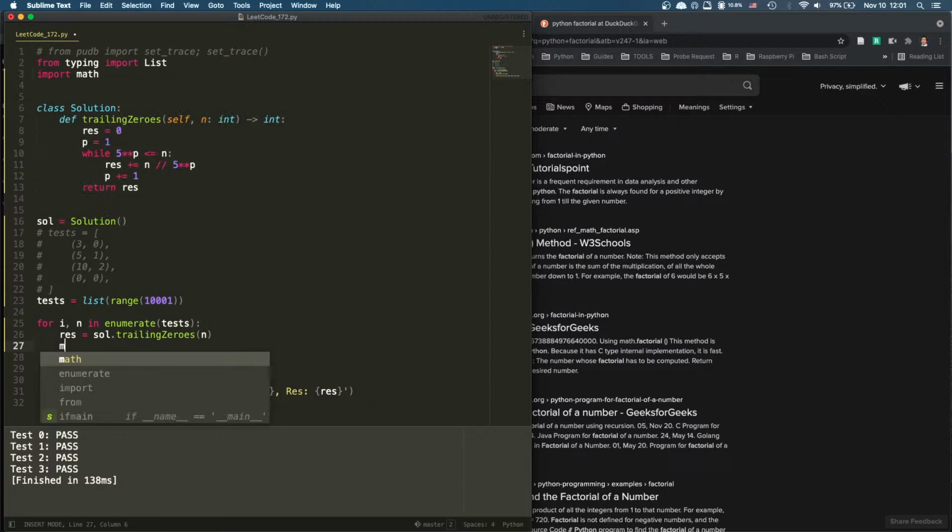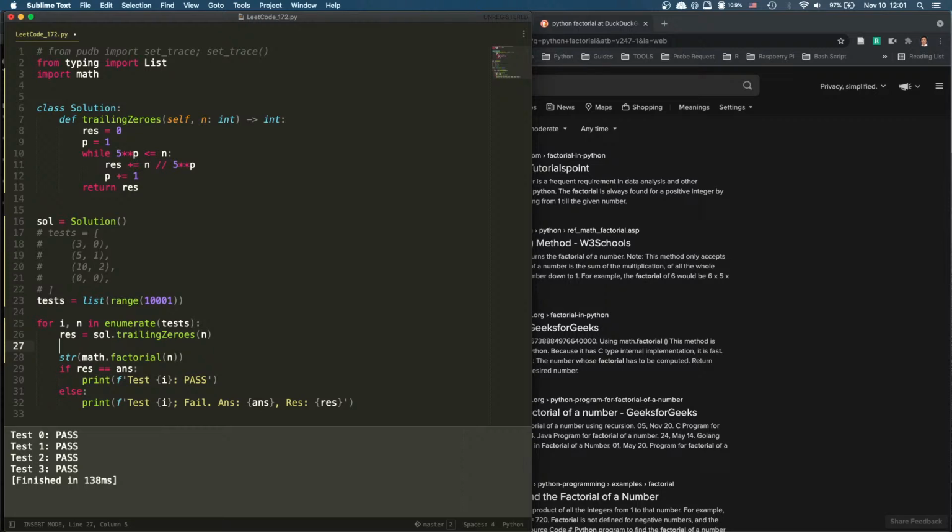So I'm gonna say math.factorial n, right? str this thing, and then we're gonna count the number of zeros at the end. How do we do that? Well, we can do answer equals 0, right? And then